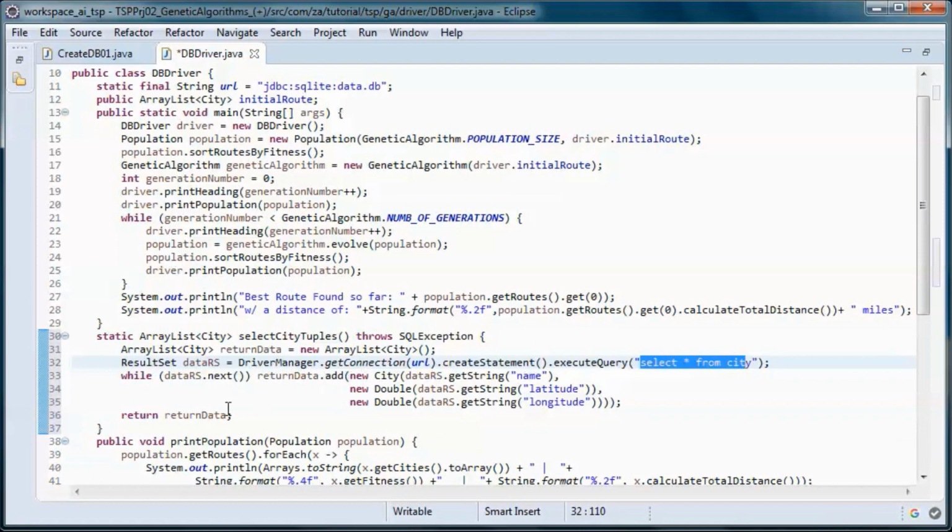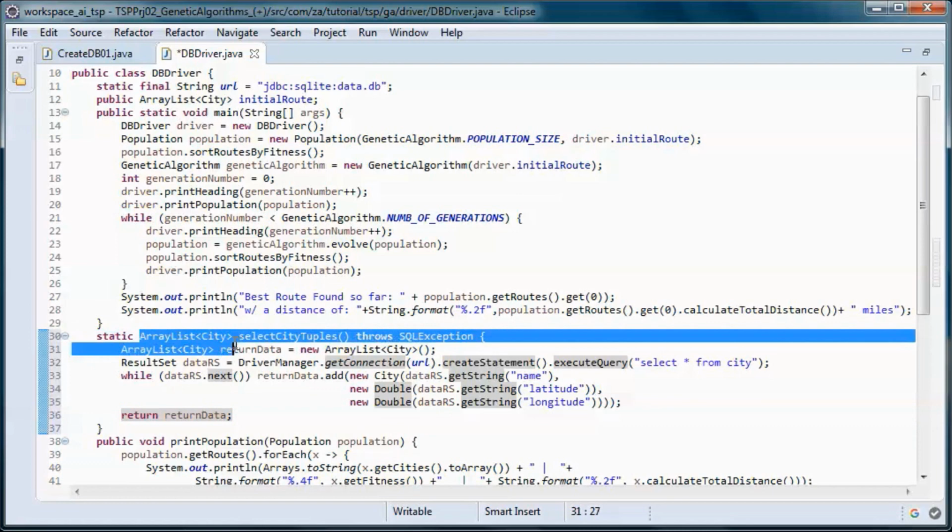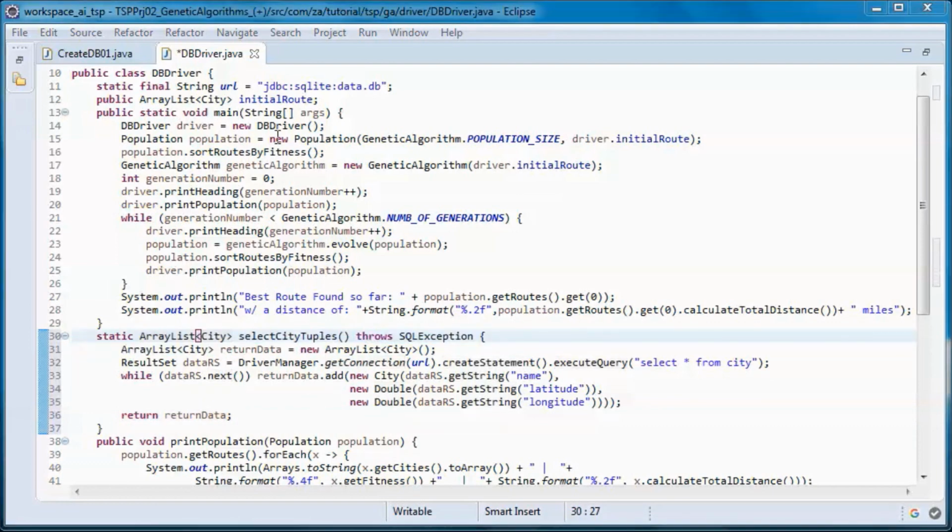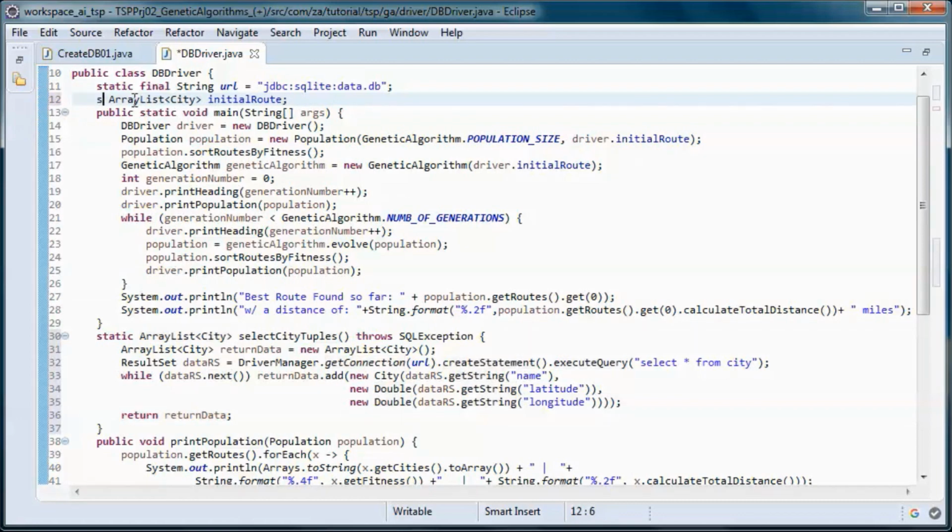So we put them in an array list, and return it. And let's make this static.